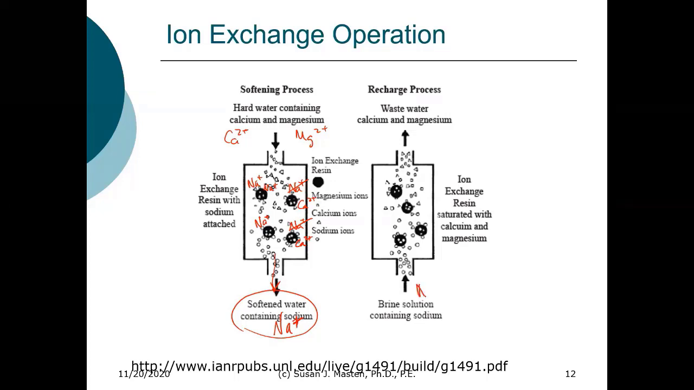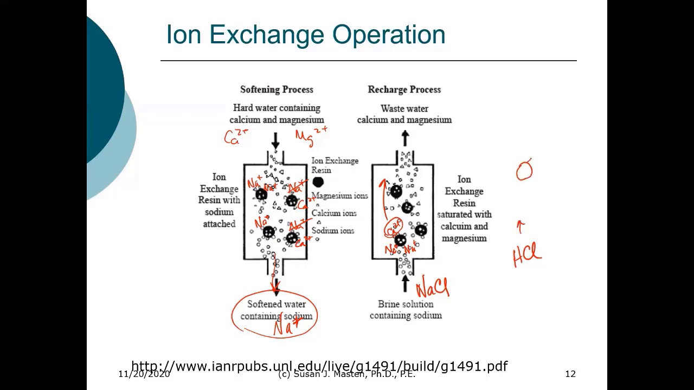So when we regenerate, we'll start with a concentrated sodium chloride solution. And what we will then do is now we start with calcium or magnesium. We're going to release those and replace that with sodium. And we again still have to maintain a charge balance. We could also regenerate with hydrochloric acid if we wanted, and if we regenerated with hydrochloric acid,